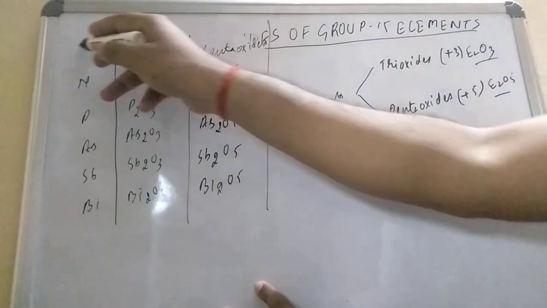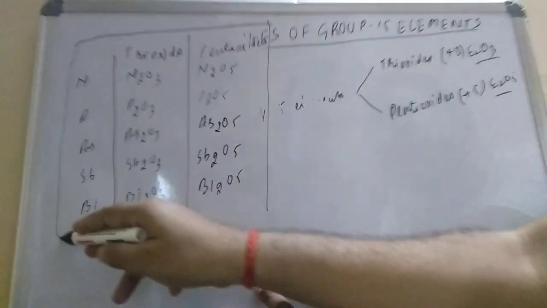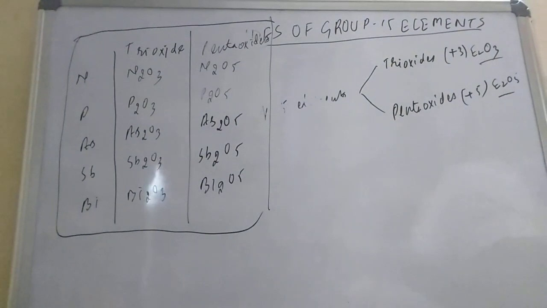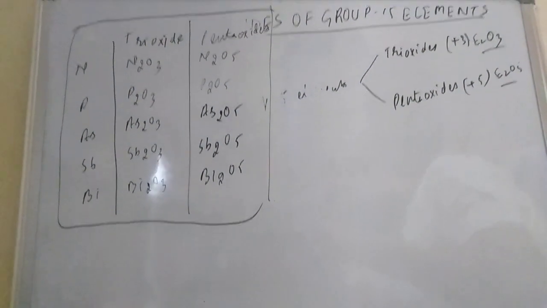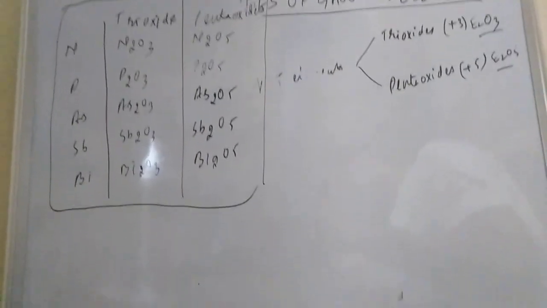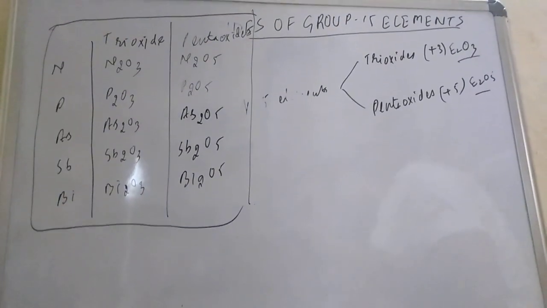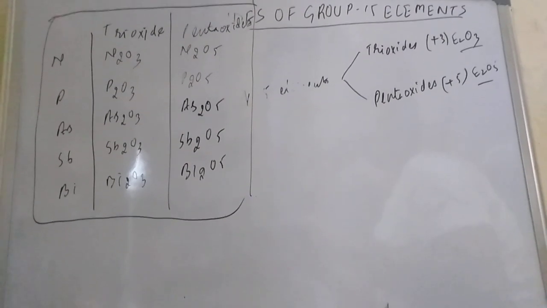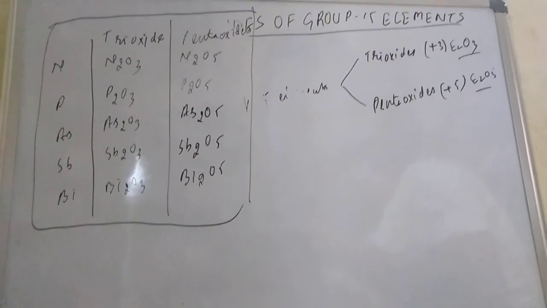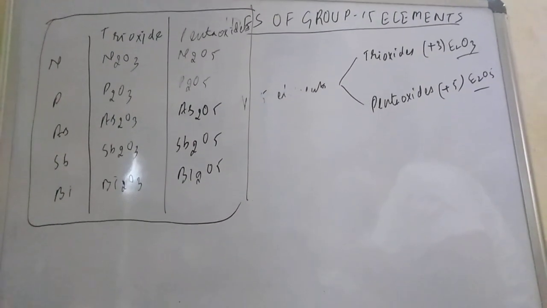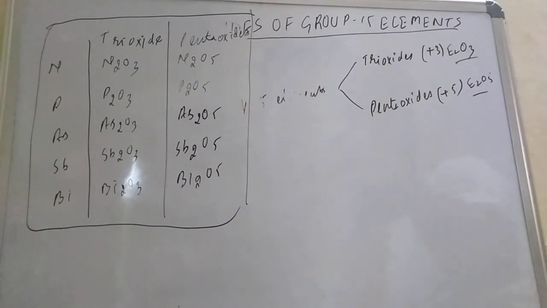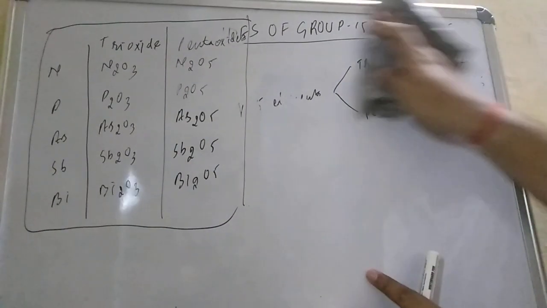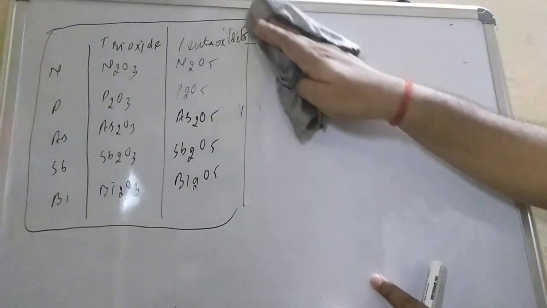Now, for all these types of oxide, we have to study their properties. Properties are important in all these cases: what their acidic nature is, whether they are acidic or basic in nature. We have to study that in this video lecture. We know that oxides of metals are basic in nature. This is what we learned in the lower classes, very easy things.